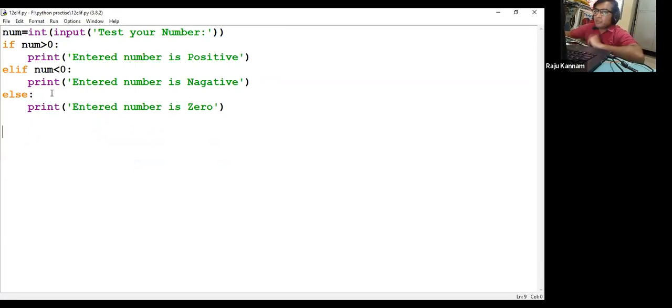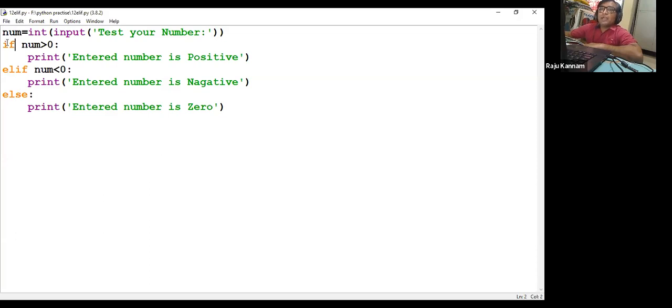The previous thing is that we wrote the if condition inside one if block, right? Now here again I'm taking the number, test your number. Of course, the output and functionality are the same, but we are writing it in a different way. So we are taking the number, and we are converting it into an integer, because whatever we enter from the keyboard will be in the form of a string.